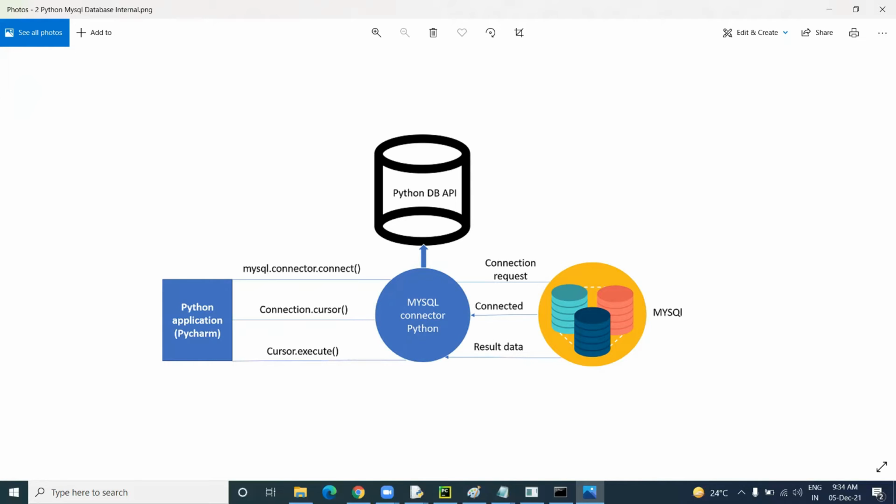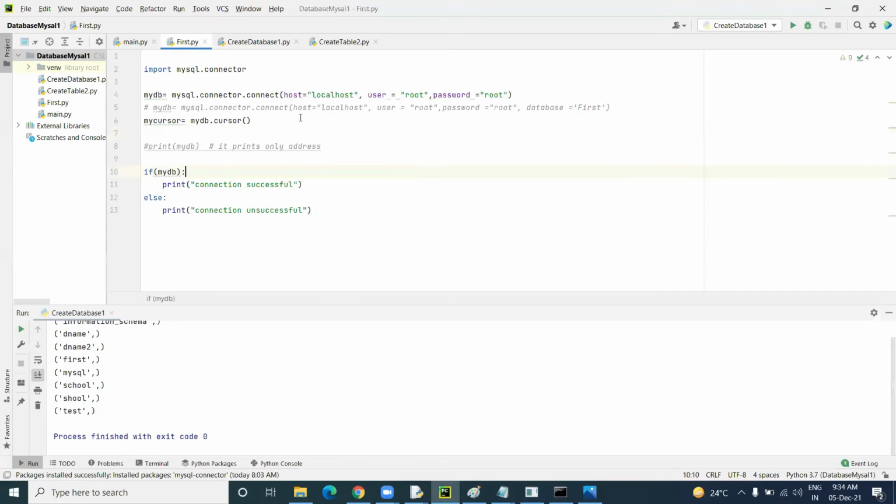Let's open my PyCharm application. Here, first I'm importing a module. The module name is mysql.connector. We just installed it, and now it's not showing any error. After that, I take a variable name, like mydb1, mydb2, any variable you can take. This is an object variable, and through this object variable only we can pass the data.